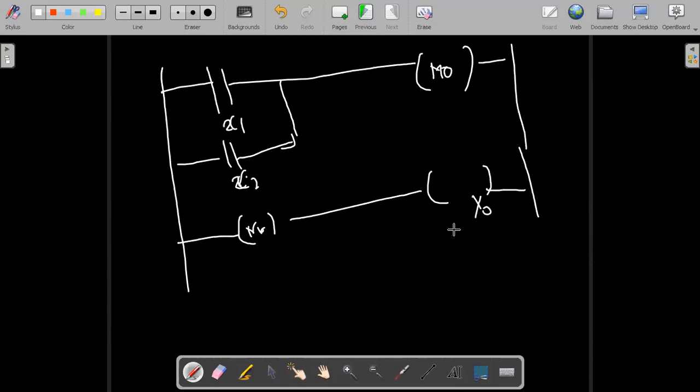This logic will work if I press switch 1. This is my switch 1. This is my switch 2. If I press switch 1, this is going to be enabled. This enables my output. Else if I press switch 2, this is going to enable, and here my output is. So this output, my bulb, is controlled by my switch 1 and switch 2.